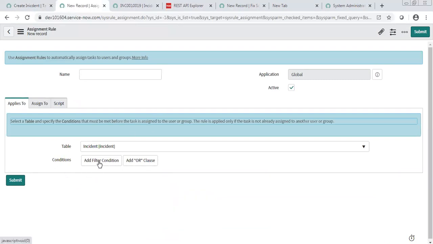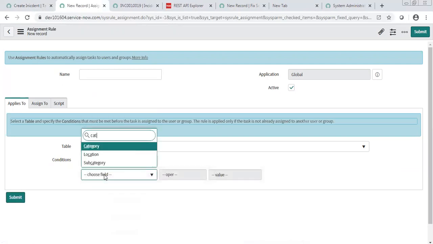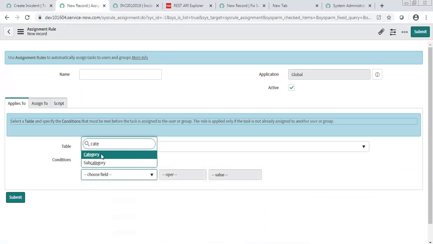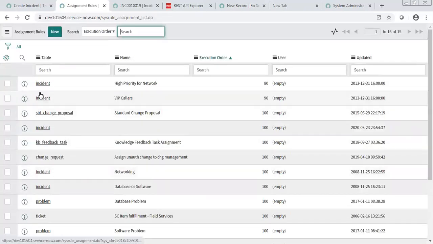So here, if you come here, you can put the condition like category as hardware. In some client environments, there might be this kind of assignment rule defined.